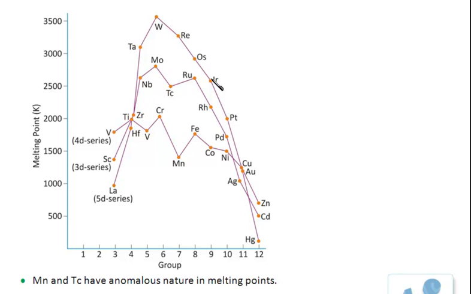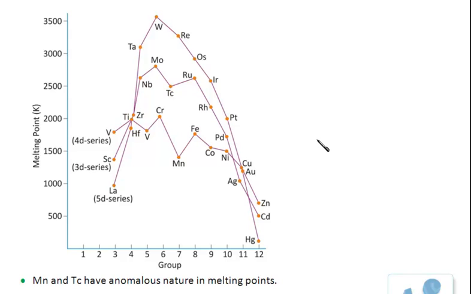See, this is the melting point curve. It is scandium right here. Then is titanium, it is increasing. Vanadium, there is a slight decrease. It is maximum at chromium. Manganese, it is decreasing. Iron, cobalt, nickel. Then is copper. Copper and zinc. Zinc is here. See, the melting point has decreased. So it increases, attains a maxima and then decreases. Because the melting point is directly related to the covalence or the number of unpaired electrons